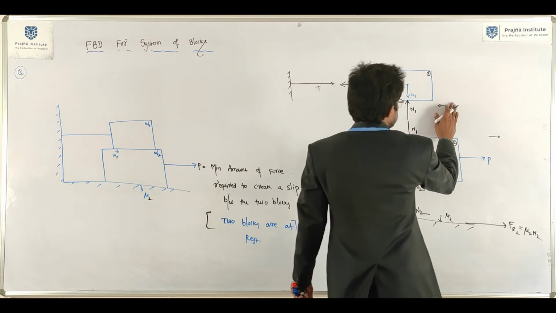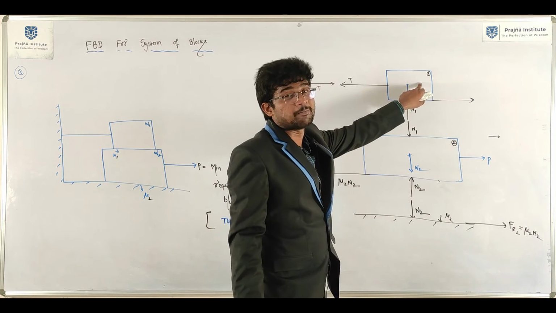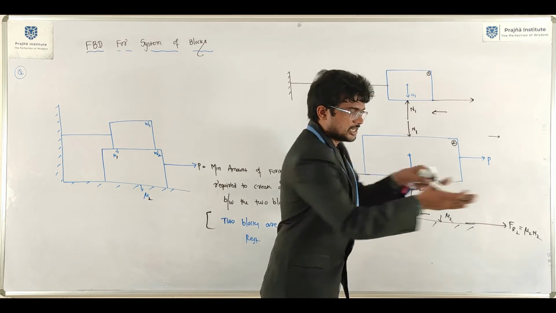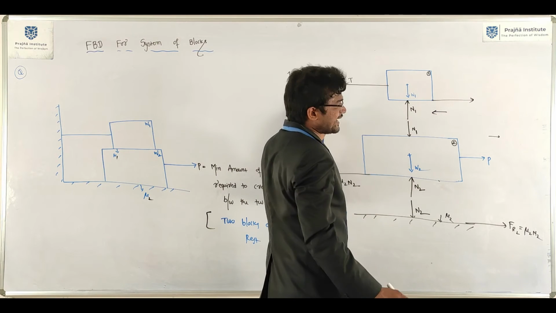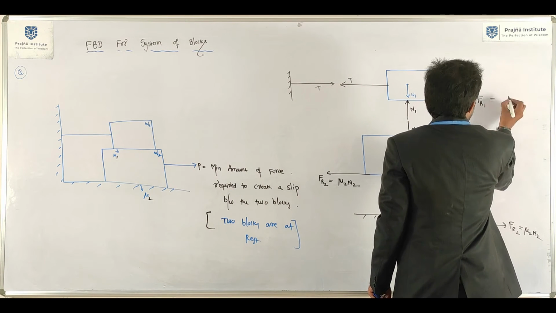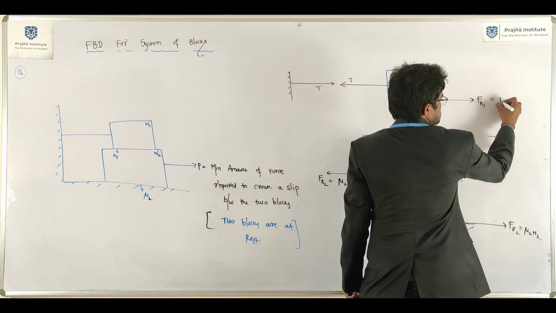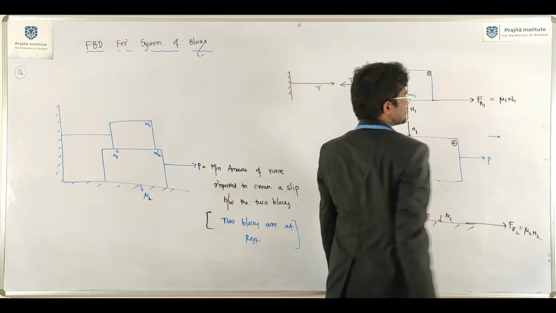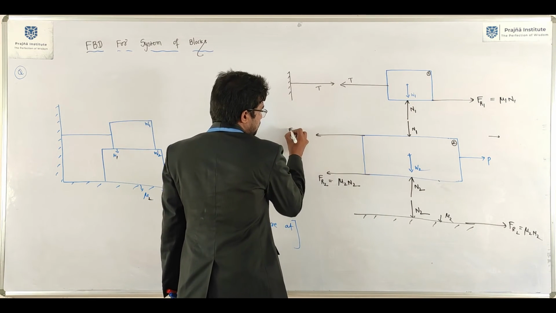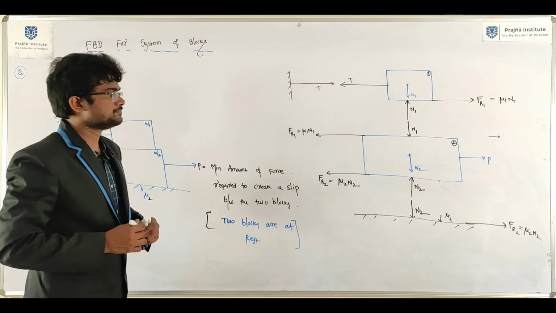Here frictional resistance. Now what is the frictional resistance to block 1? This is called slip. The block is moving in this direction, then frictional resistance Fr1 equals the roughness present at the contact surface, mu1, times the normal reaction N1. What is the relative friction? Fr1 is equal to mu1 N1.